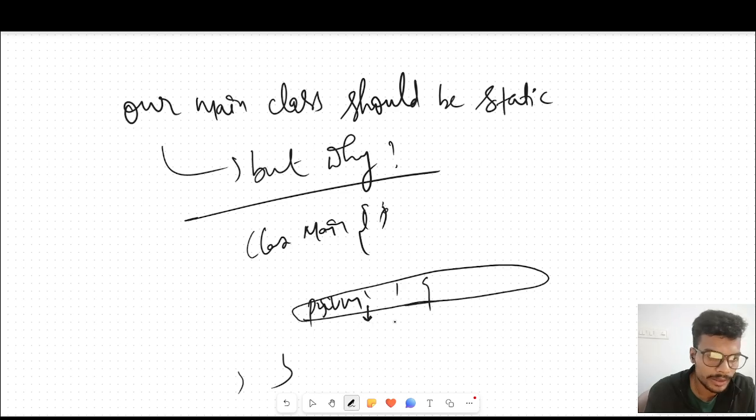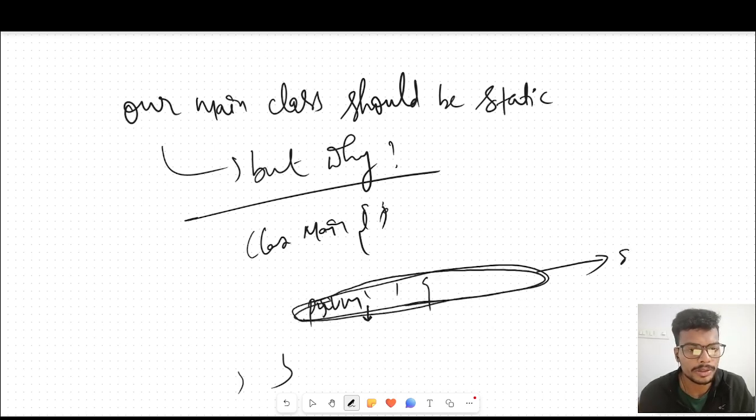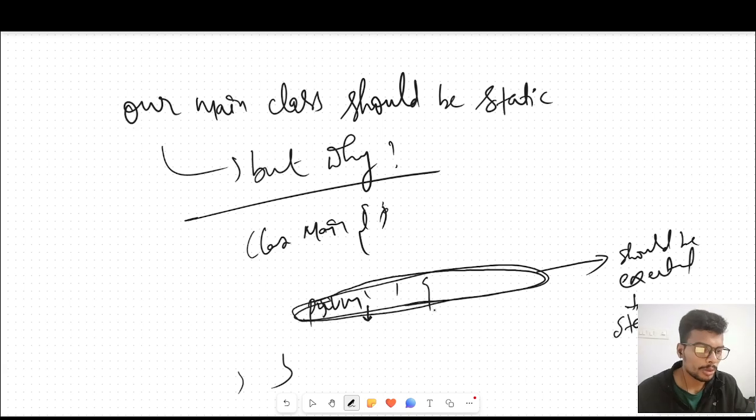This is actually the running part of the program. Java knows this should be executed, means this is the starting of execution of the code or the program. Starting execution of the program, right? So for that,